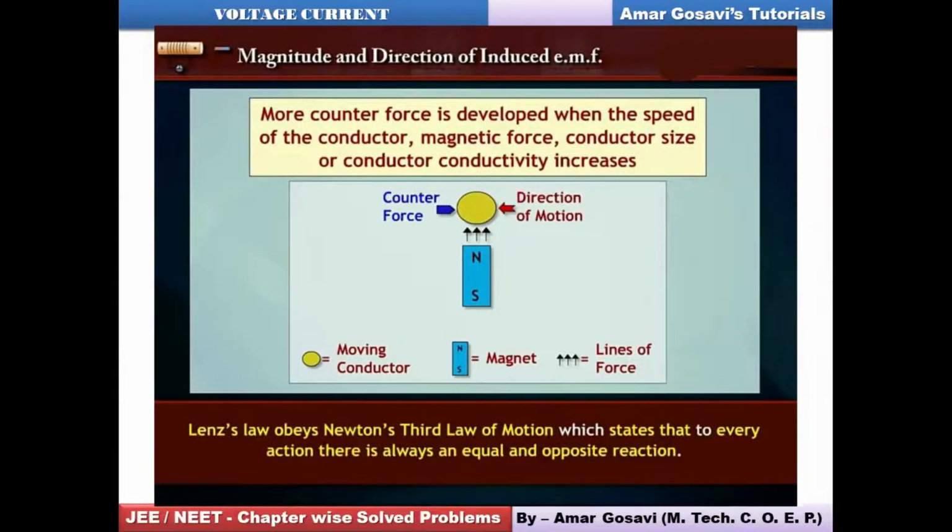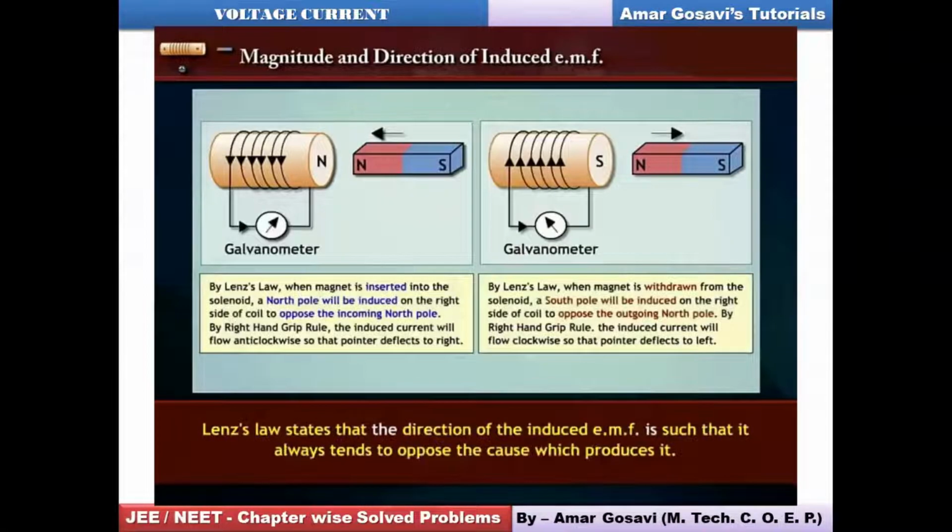Okay, hopefully noted. Here you can have a look at it. This is something we have discussed in greater detail. Here I am trying to move the magnet towards the coil, which induces current in it, but that current produces a magnetic field of north polarity which will oppose this motion. I try to move this away, and south polarity is generated over here. Again, that motion is also opposed. Lenz's law states that the direction of induced EMF is such that it will oppose the cause which produces it.